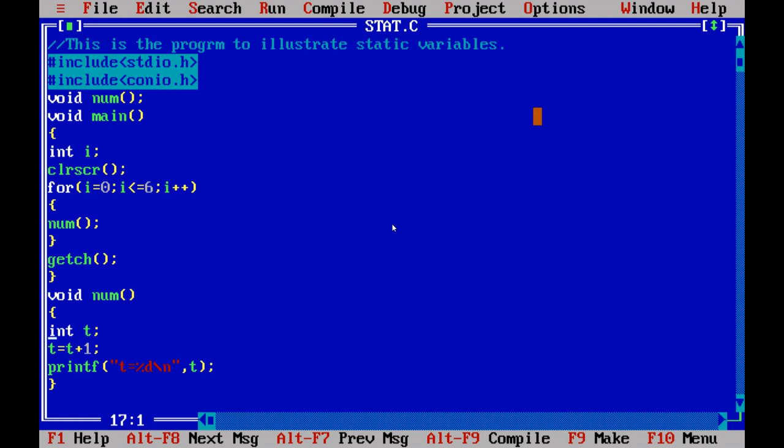And here in the function num, I have declared one variable as team, and I am just incrementing the content of the variable team. And here I am just going to print that value.